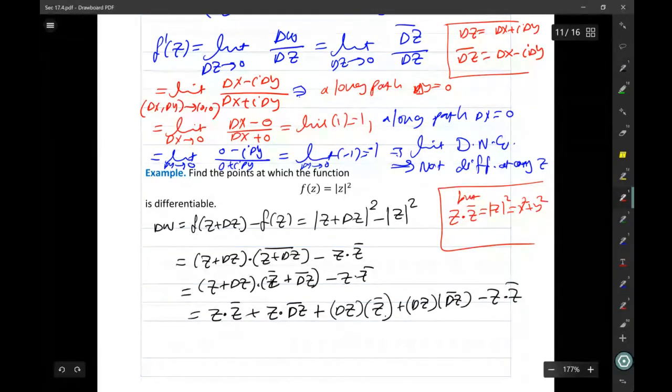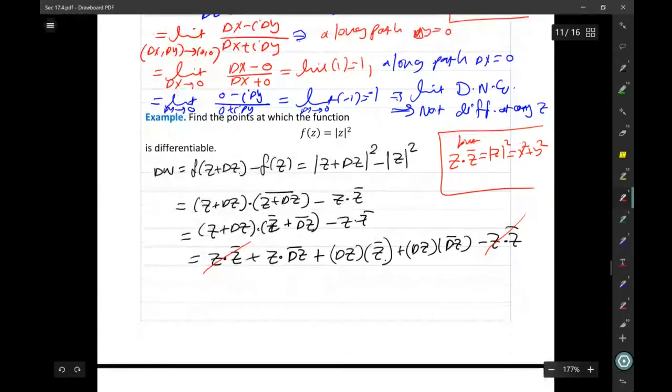Now z times z conjugate minus z times z conjugate goes away. Okay, then the leftover for delta w will be z times delta z conjugate